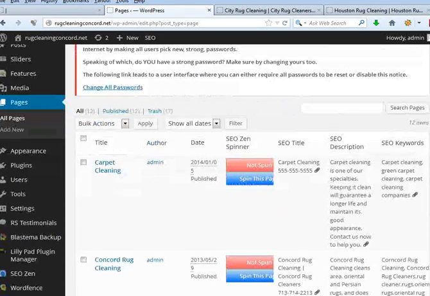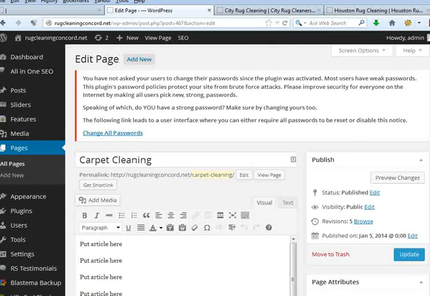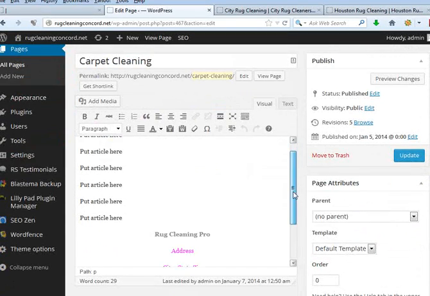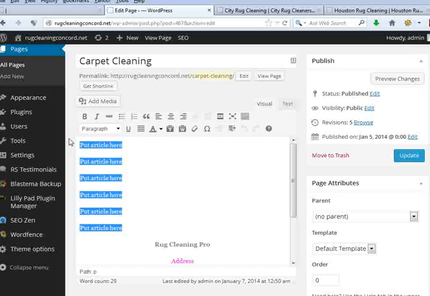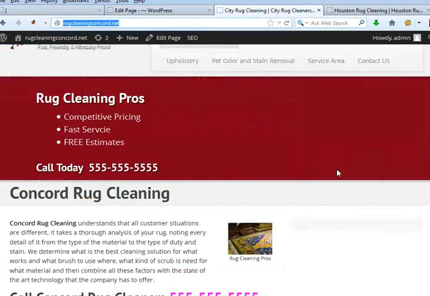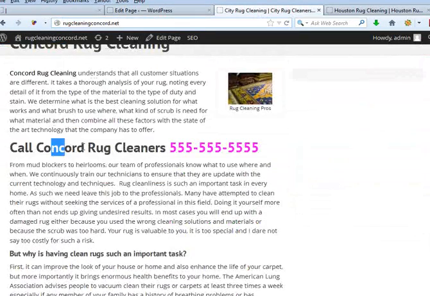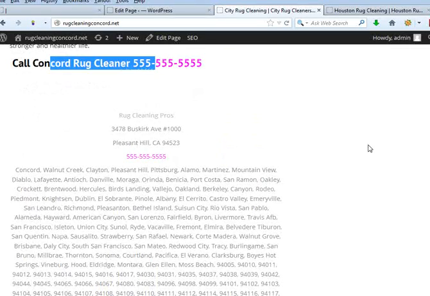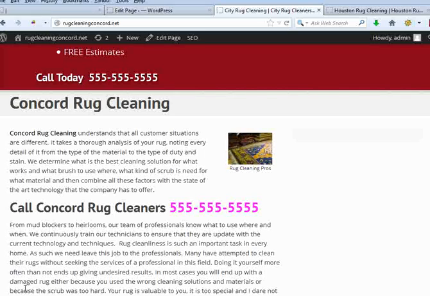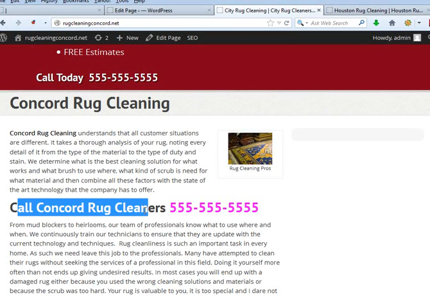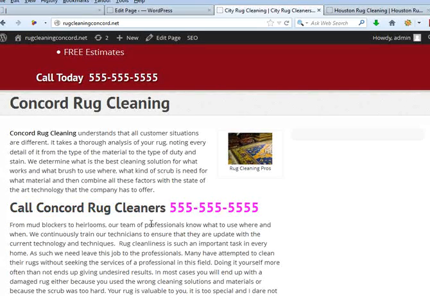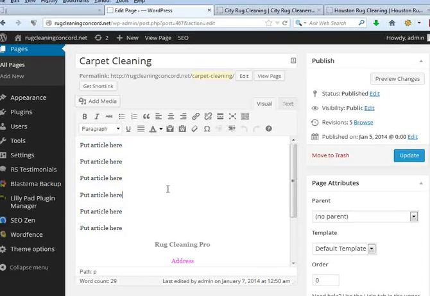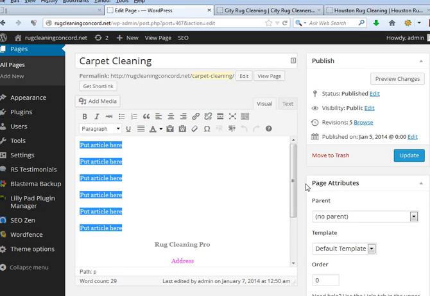But now you're going to do the silo pages. So if we look at carpet cleaning, you're going to do the exact same thing. However, you're just going to have the article. You are not going to have these things in there. Now it may change later that we add these, but for now we're not going to add them. So on the silo pages, you just put the article,